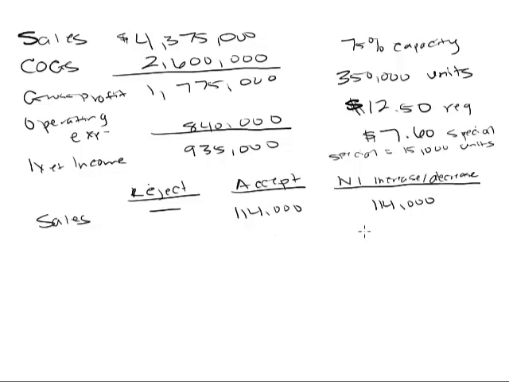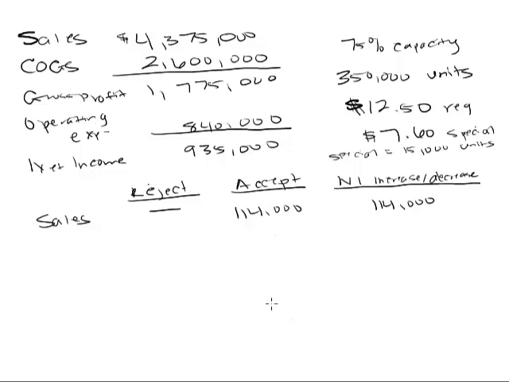Well, so far it's sounding pretty good, right? But there's some other things to consider. You would get extra money, but would it cost you anything? Well, you've got to make the 15,000. This is in addition to the 350,000 units. It's not some of those 350. You already sell them 350,000 at $12.50 a piece for a total of $4,375,000. So this is extra. We'd be making 15,000 more units, so we are going to have additional cost. What costs are we going to have?